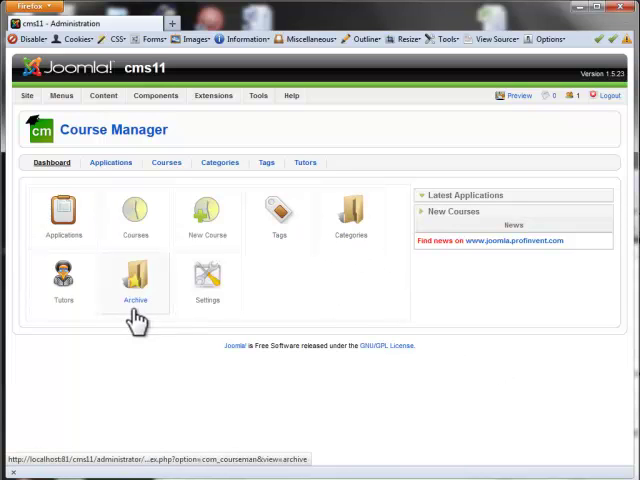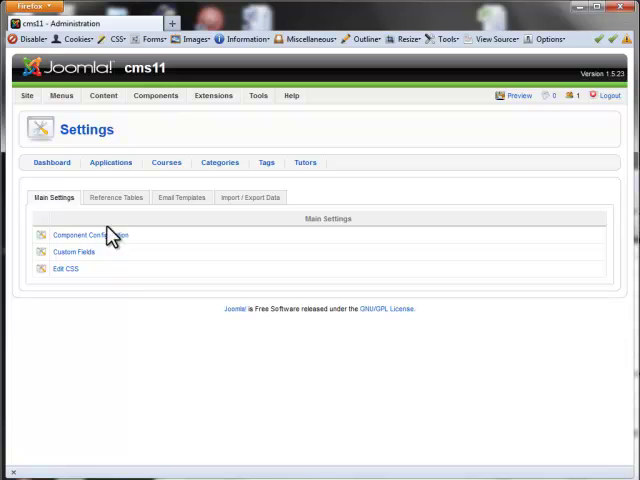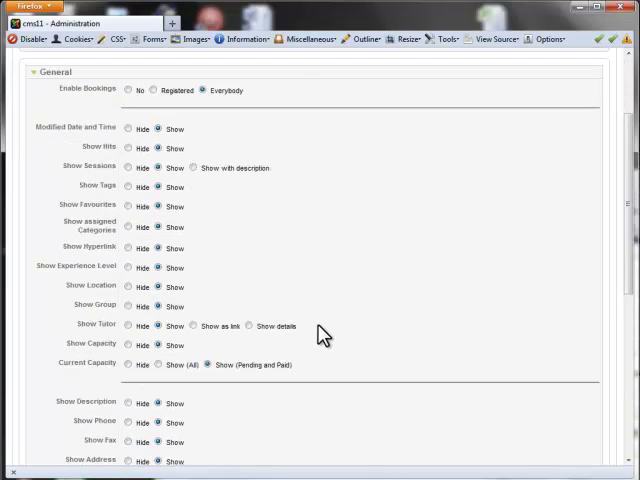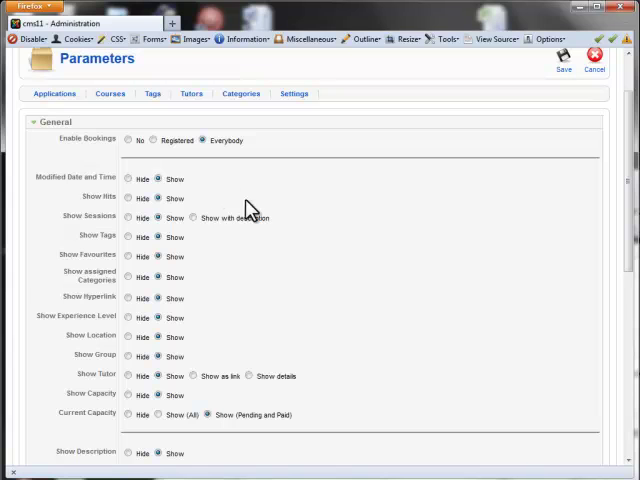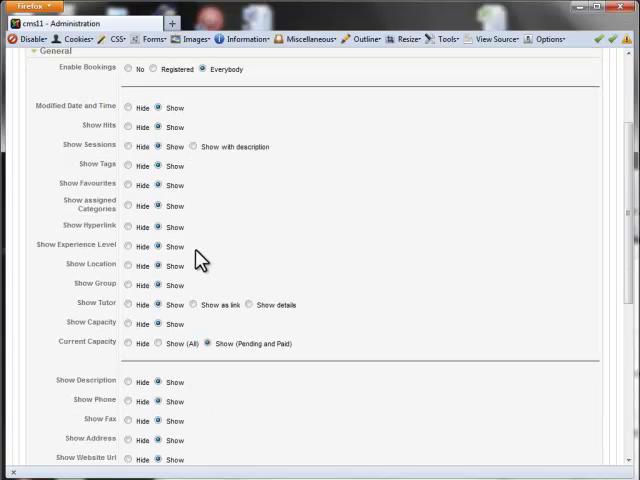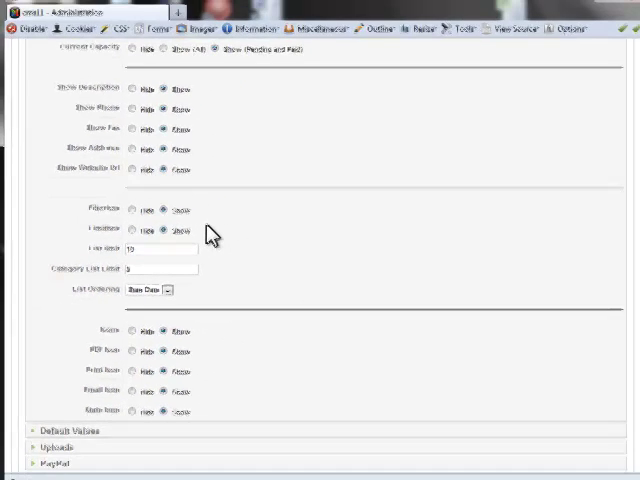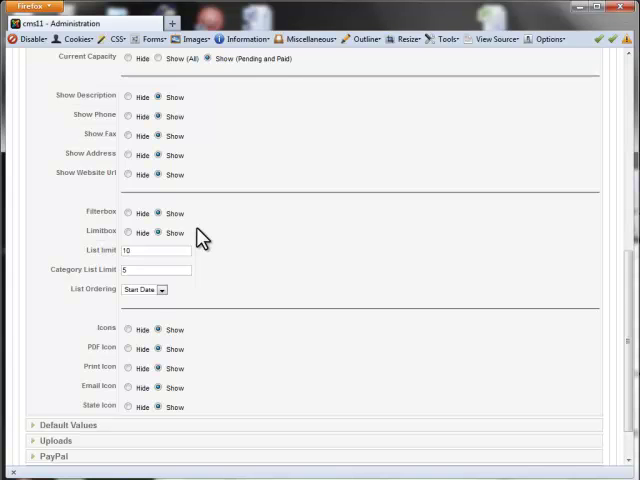Before you start using it, I recommend going to the settings, where you can set up a lot of different things. The most important is the main settings tab, where you can see the component configuration. Here you can find plenty of different settings. For example, you can enable or disable bookings here. You can choose what information you would like to show on the front end to your visitors. You can show or hide each option. You can show or hide the filter in the category listing,